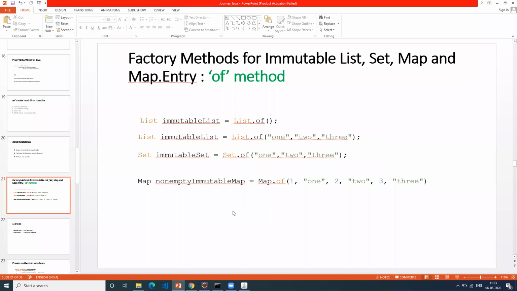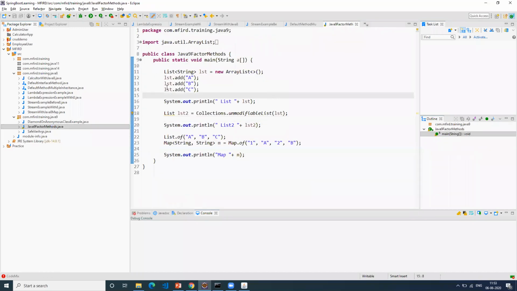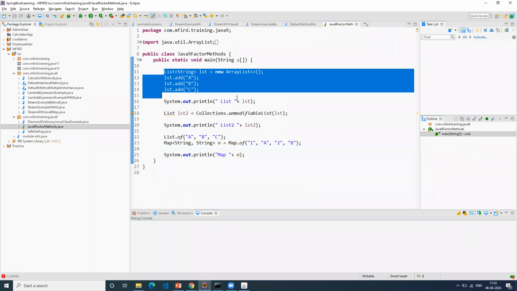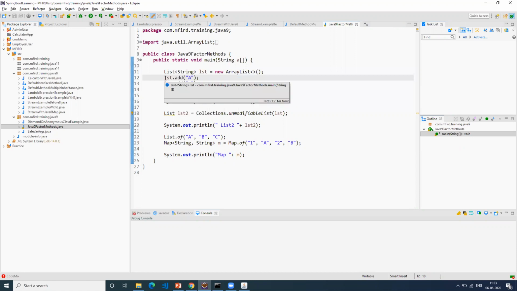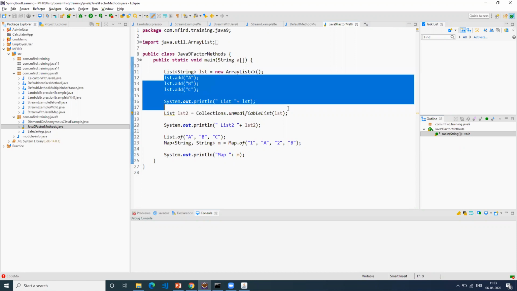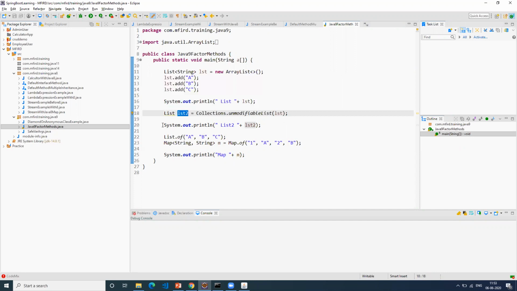No, sir. Okay. Let me get back to the code actually. Now I'm going to use an actual IDE here. I'll quickly show you what we can do. This is what we do generally. Let's say I have some list where I have added A, B, C. Then I'm going to print list 2 here. I just get this. So can I do this?